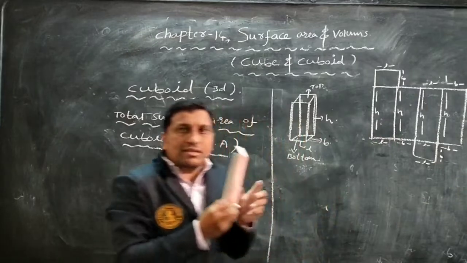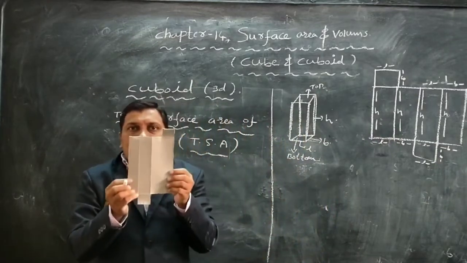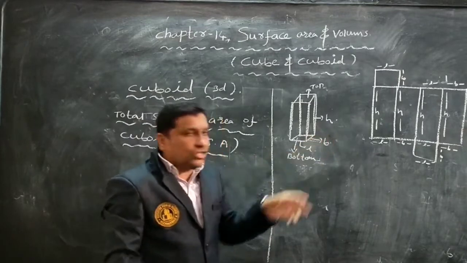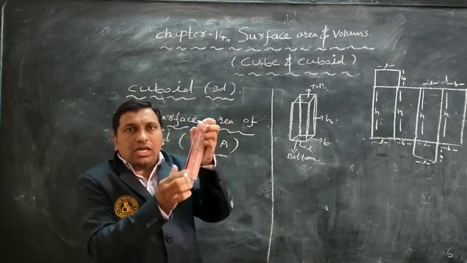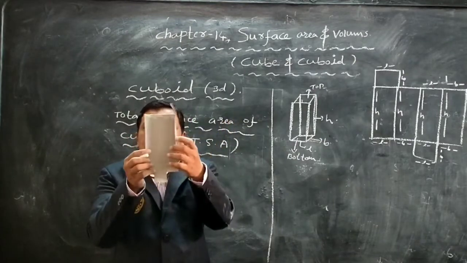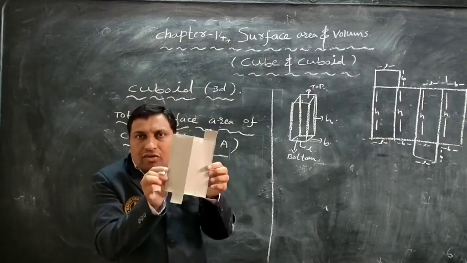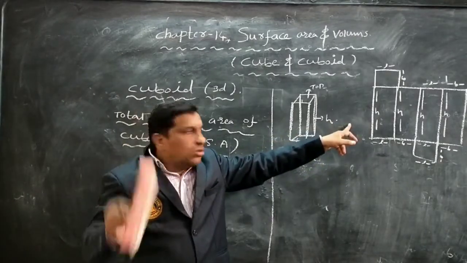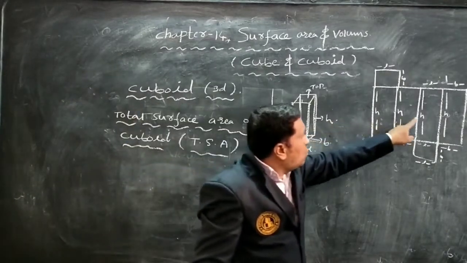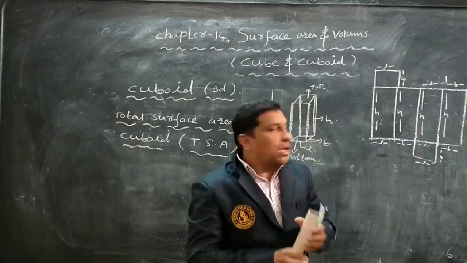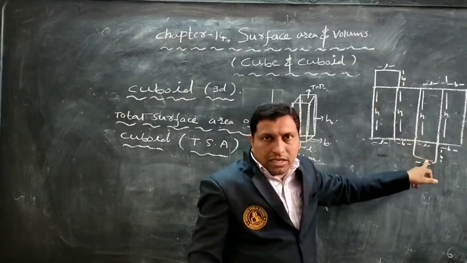Understood? So this is the open format of this cuboid. Don't confuse, children, this is actually a cuboid. So I will cut one of the corners. Corner means we have to open it. Okay, this is the open format and I will draw this open format box only. So here 1, 2, 3, 4, these 4 faces are there, and top and bottom.